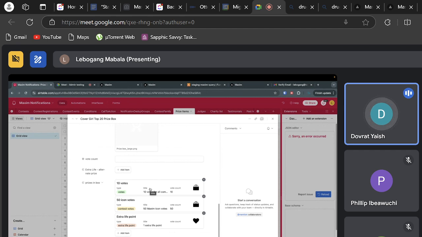So yeah, the prize votes should apply to the model immediately. So if the model had 50 votes before and now she got 10 votes, you should see that it was increased by 10 votes. So it's immediately happening after they win. But on the notification, the model will say, oh, I got 10 votes, and she can open the notification to see what she won, but it immediately should be added. And also the 10 votes should apply to all the competitions that are active for that model, the prize.